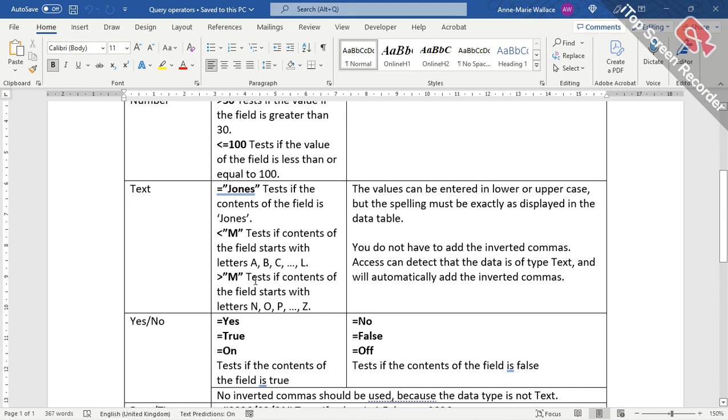Greater than M tests if the contents of the field starts with the letters N to Z. It does not include M because there's no equal sign over there. Okay. You'll note the values can be entered in lowercase or uppercase, but the spelling must be exactly as displayed in the data table. So if I come back here